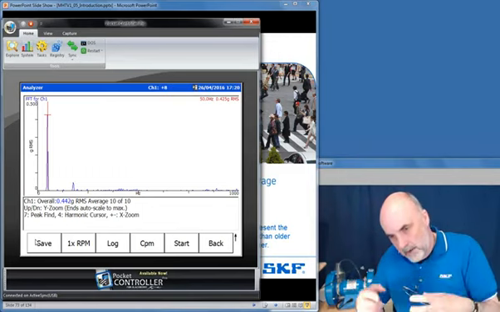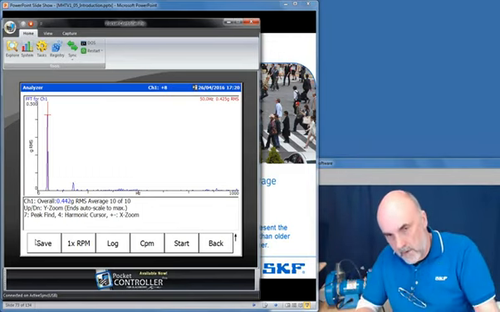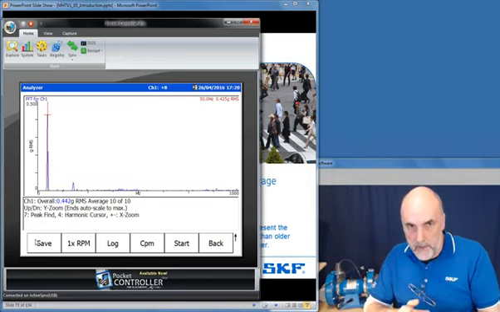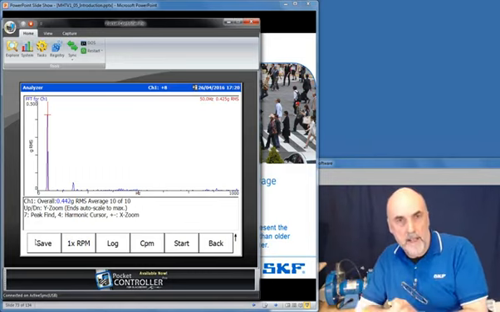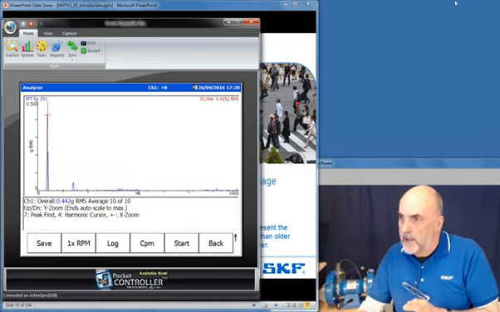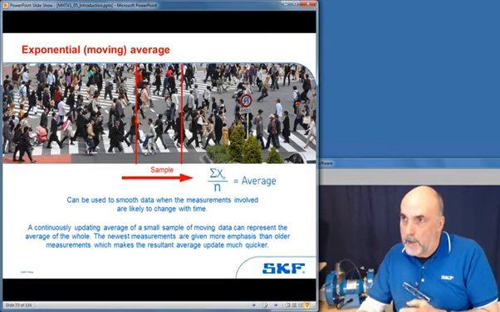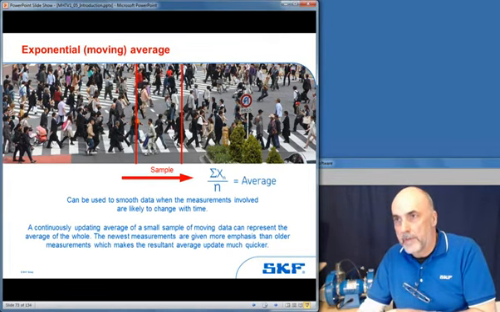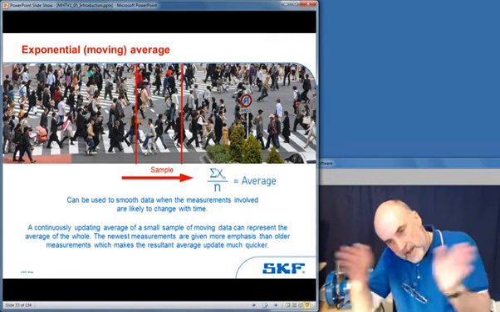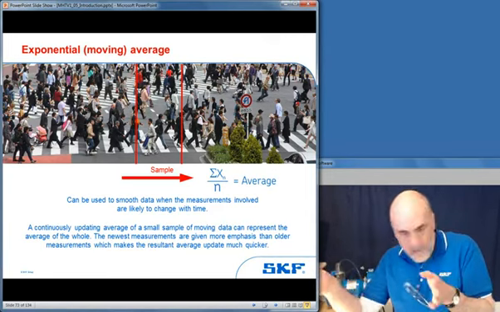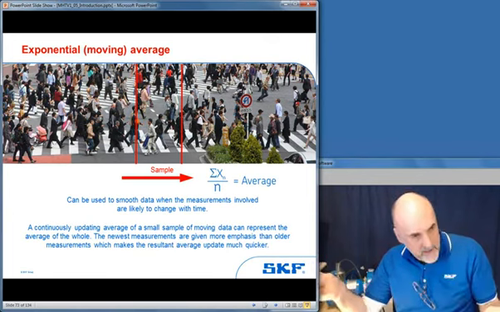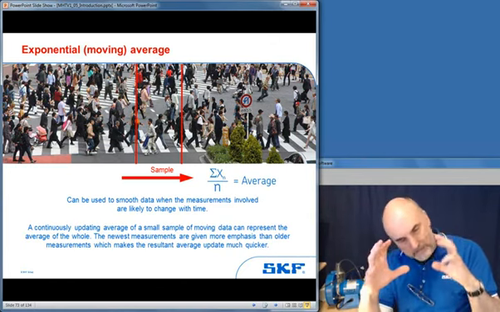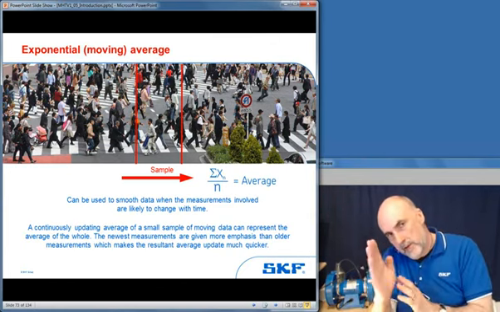When I'm doing investigative work, when I'm invited to do consultative work, and I just want to roam around and change things and see what's going on, a moving average is actually very useful. If you go back to measuring the height of people, you could take a sample, and that sample can be moving. So what you're doing in a moving average is taking 10 averages, for example, and then you take an 11th and throw away the first. You take a 12th and throw away the second. You take a 13th and throw away the third, and so on. So you've got 10 averages, so your data is statistically correct. You can find those tones,